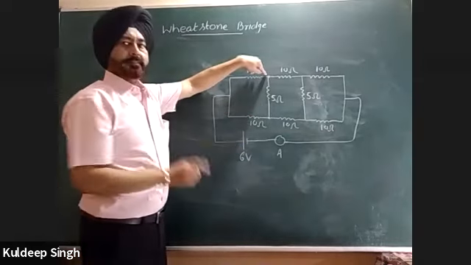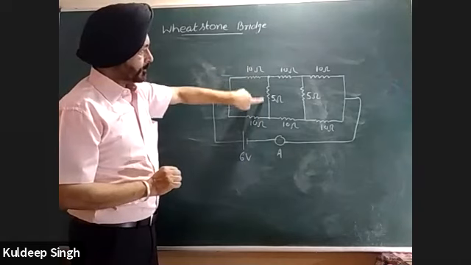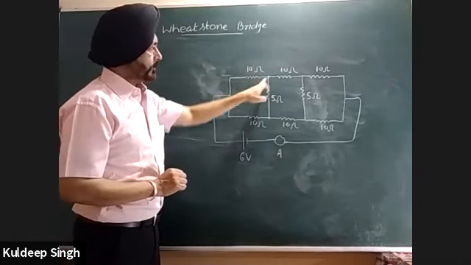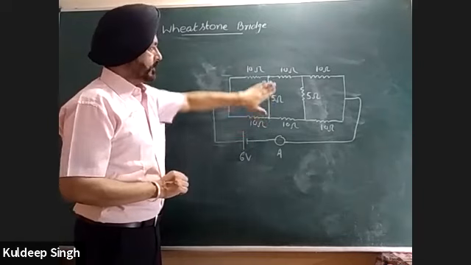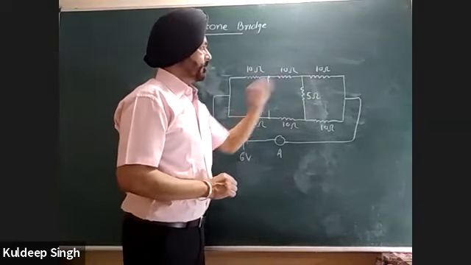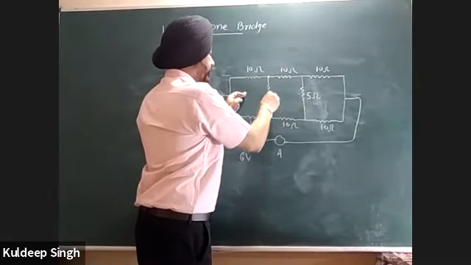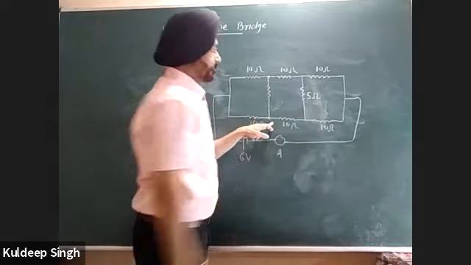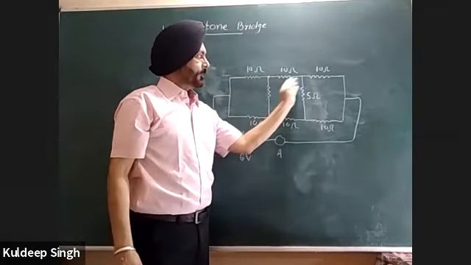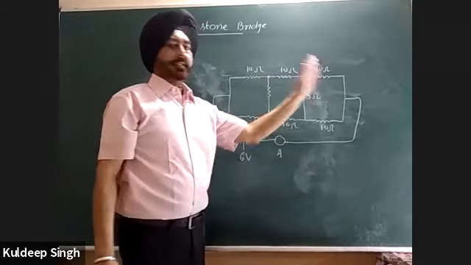So 10 by 10, 10 by 10, it means at these 2 points, the potential is the same. So therefore, no use to connect it here because it is balanced, 10 by 10 and 10 by 10. So I can remove it. Similarly, when you go ahead, so 10 by 10 and 10 by 10, it is again balanced. So balanced Wheatstone bridge.